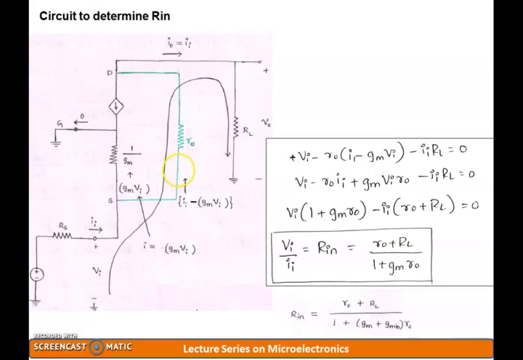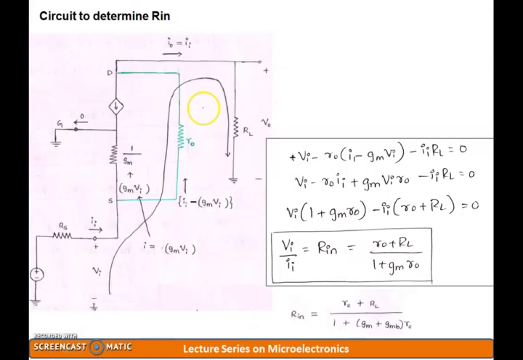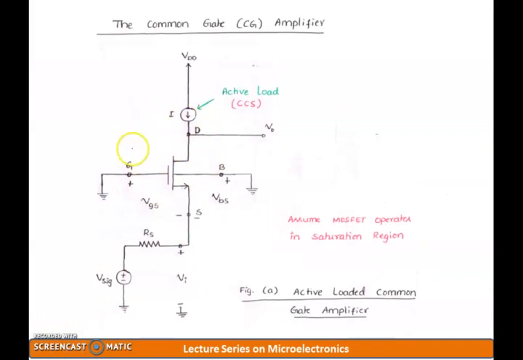In fact, the way we have done the analysis for the discrete common source amplifier, the discrete common gate amplifier, and for that matter the discrete common drain amplifier will remain exactly the same. The only major difference here is that I'll be considering the load as an active load, and I'll also be considering the impact of body effect, that is small ro. So considering all these into the picture, let's try to break this main circuit into its equivalent circuit.